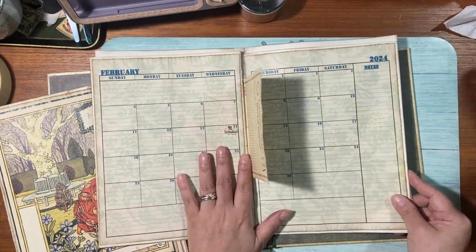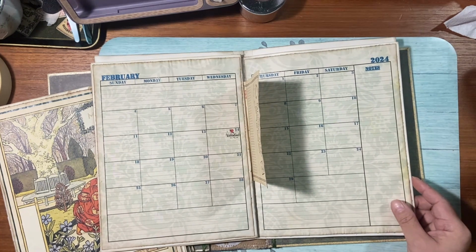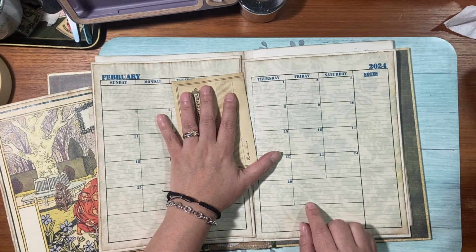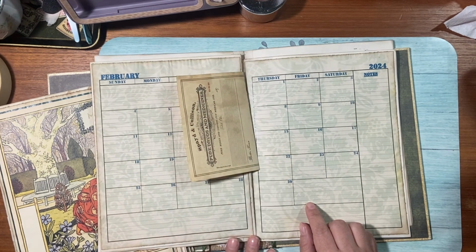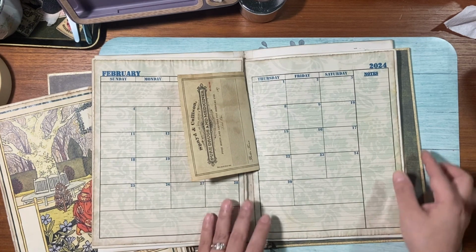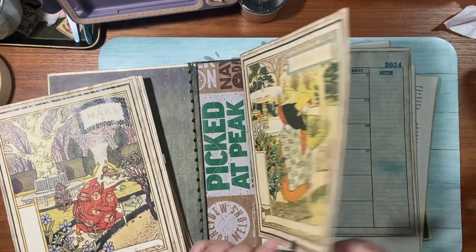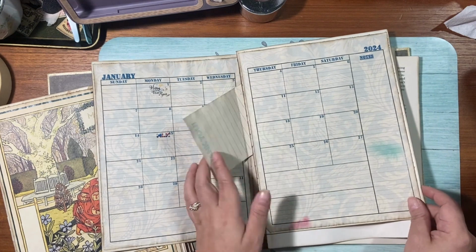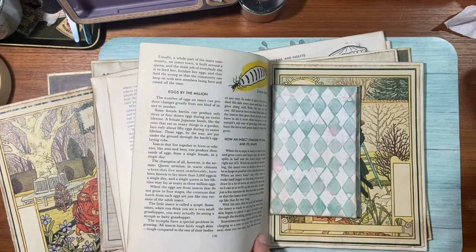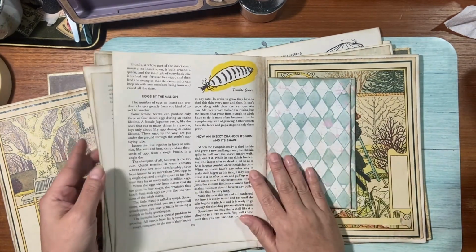So for each signature, just in case you guys are curious, my size is: the height of my pages is 9 1/8 inches, which is approximately 23 centimeters, and the width is 7 inches, which is about 18 centimeters. Each signature has 4 full pages, and then I have 3 inserts, and then an envelope. And I think that will give me enough room or pages to work on for monthly, because each month I'm